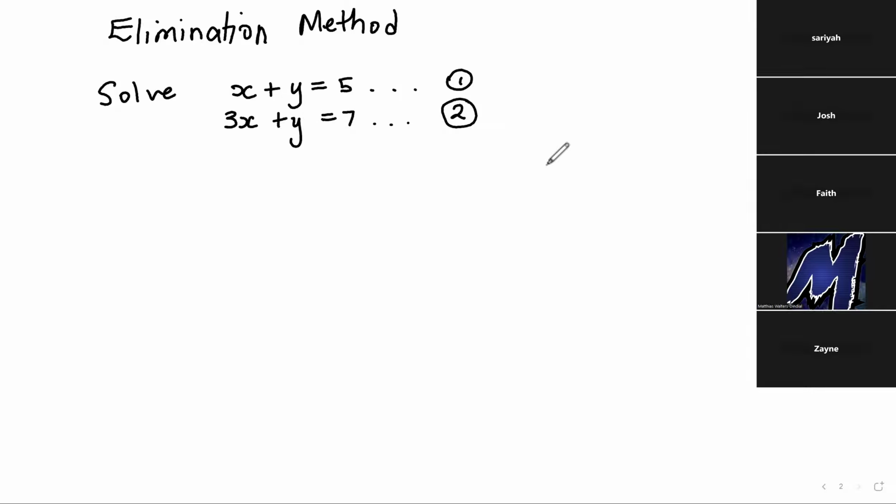So we know that we can use the elimination method right off the bat because in order to use the elimination method, the coefficient of the variable in both equations has to be the same, right? It's not the same for x, but it is the same for y. So I'm going to take this time now to write down that rule, basically, right? So in order to use the elimination method,